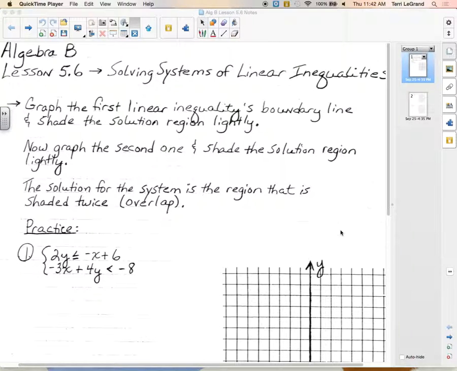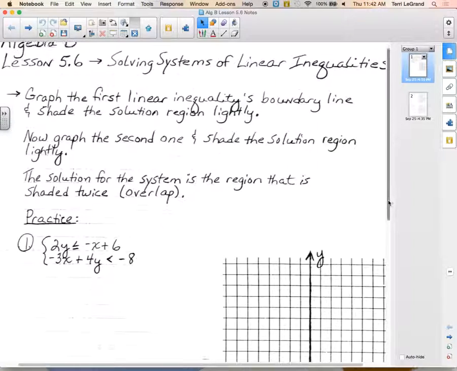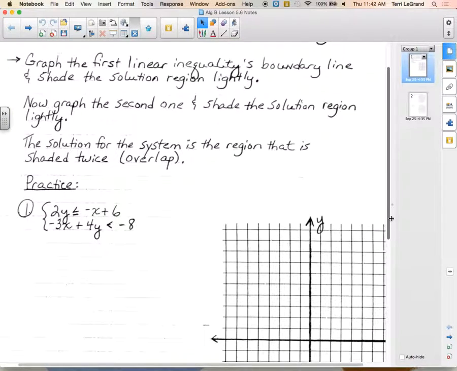Solving systems of linear inequalities, we're going to follow the same rules we did for solving a single linear inequality. You have to show the same stuff, okay? So it says here we're going to graph the first linear inequality's boundary line and shade the solution region lightly. After we've decided where to shade using our test point, we want the shading to be done lightly. We don't want it really dark, okay? Now it says graph the second one, the other linear inequality's boundary line, and then shade its solution region